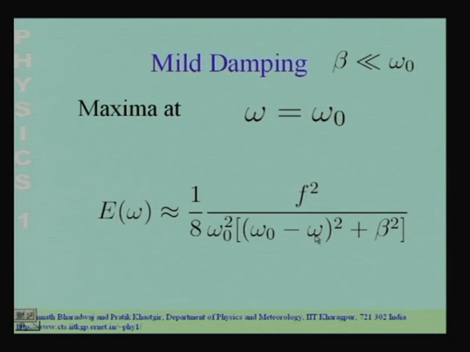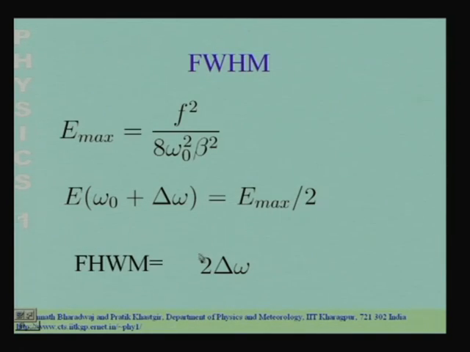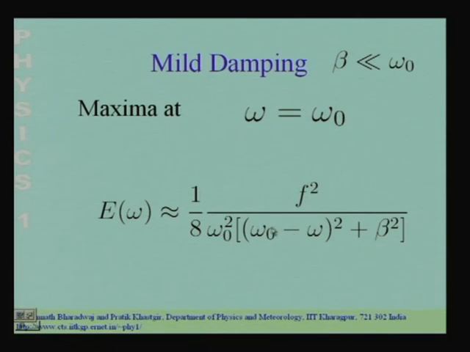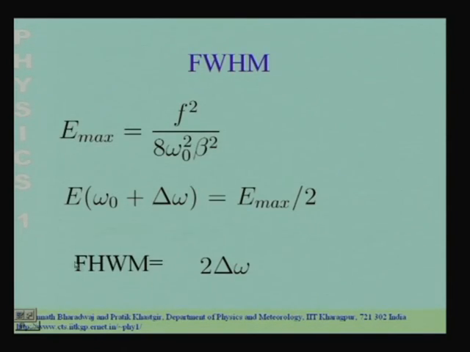So, the maximum value is where this equals this and this whole thing is 0. Now, if you want this to fall to half the maximum value, you have to shift by an amount which is equal to beta squared. So, if this is equal to beta squared, then the energy falls to half the maximum value. So, delta omega, the difference from the maximum, should essentially be beta, and the full width at half maxima